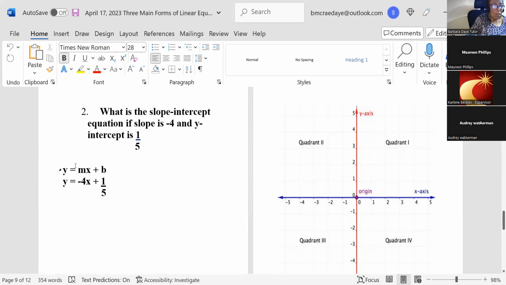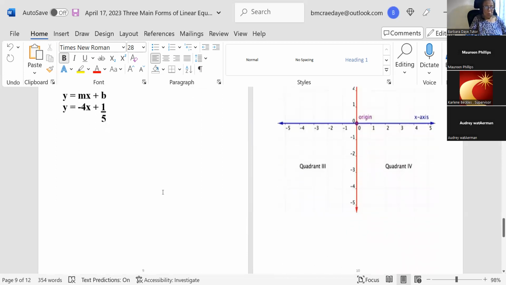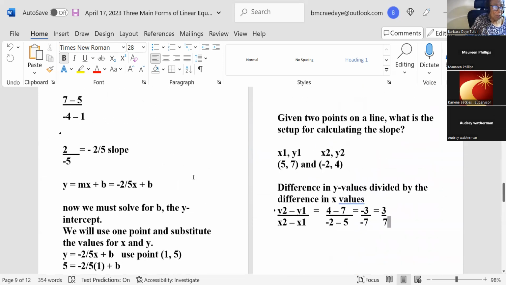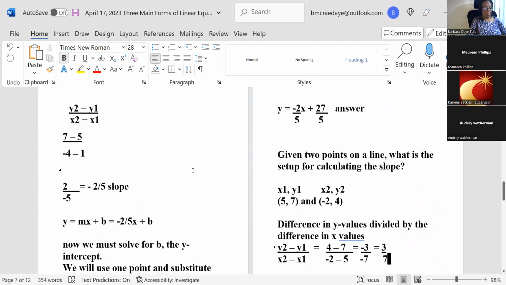So if I gave you these values, I want you to tell me what is the slope. If I gave you an equation and I put 1/3 in front of my x, then my 1/3 is my slope, right? Okay, so we'll stop here. We'll continue with the intercept calculation, we'll go through that one again, just like we did with the slope, because that one's a little more involved, okay? All right, so